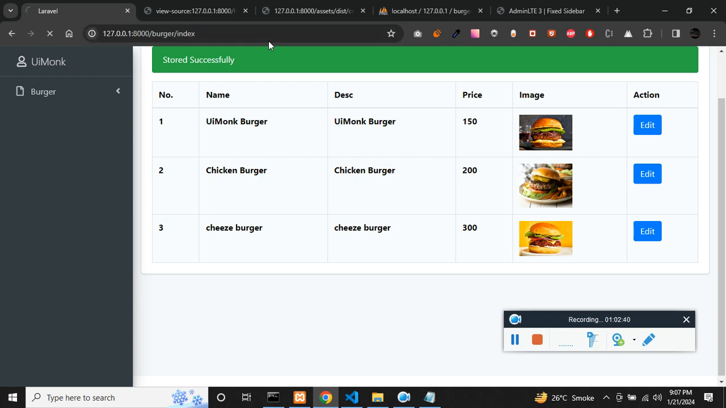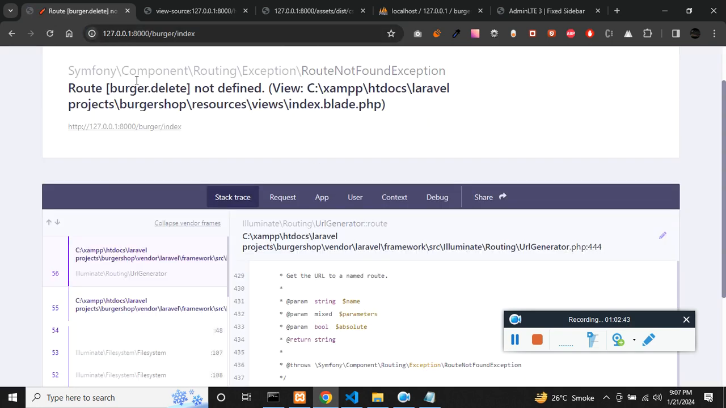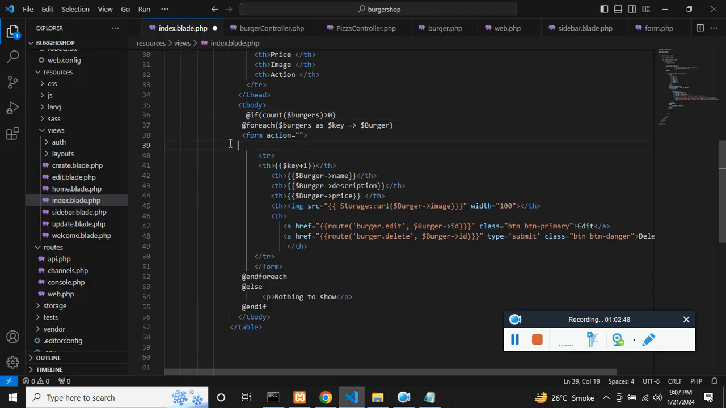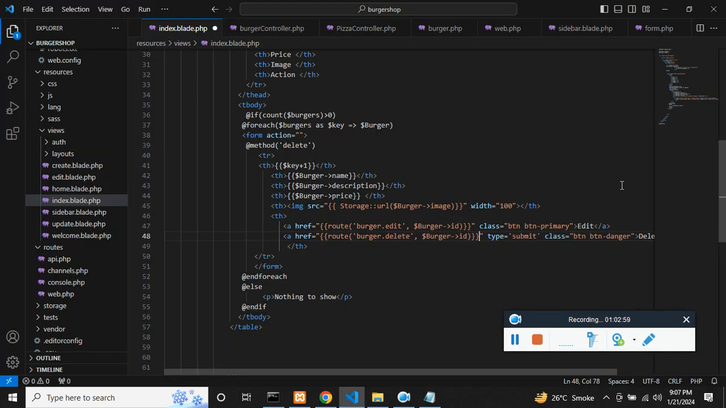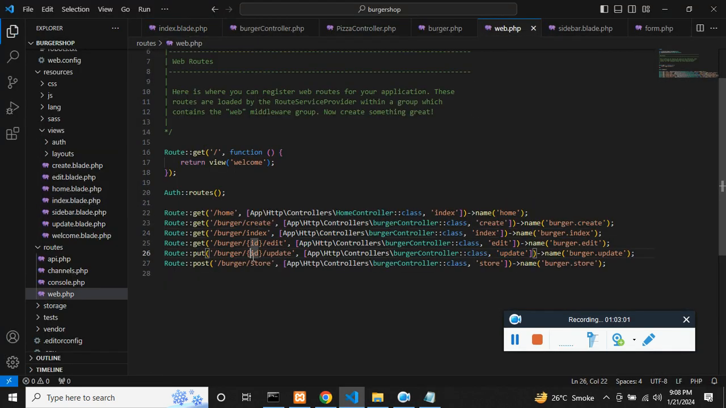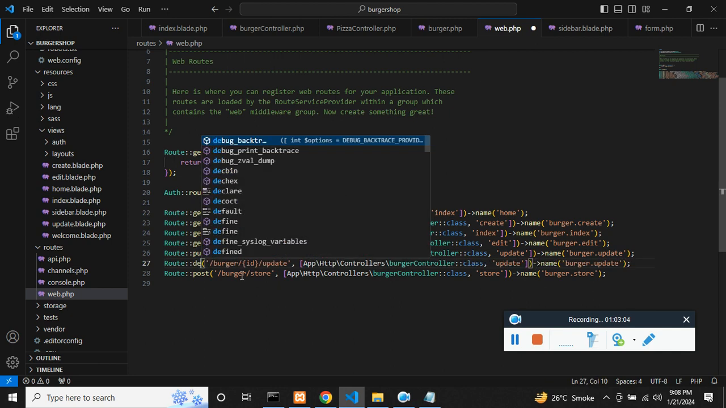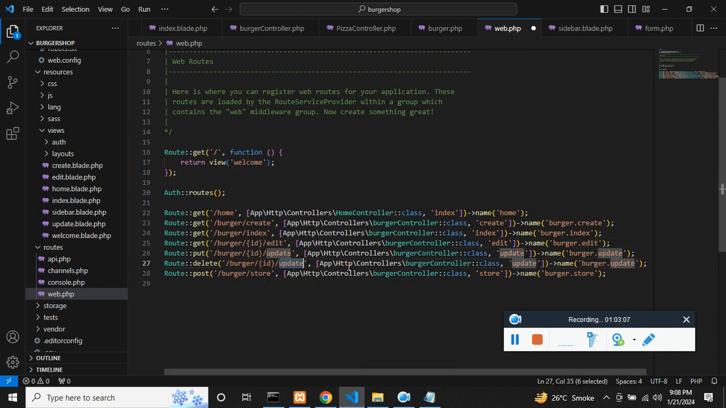and if I refresh, delete not defined. Actually there's a route problem, we have not created the route, that's why. Let me just delete this, and you see there is delete. So let's create a route in web, duplicate this, so the method is going to be delete, so the URL is also delete, and the method is destroy,